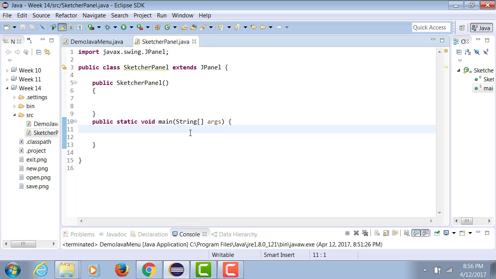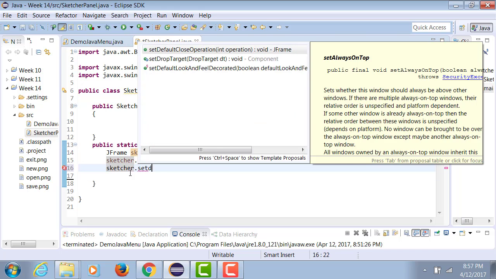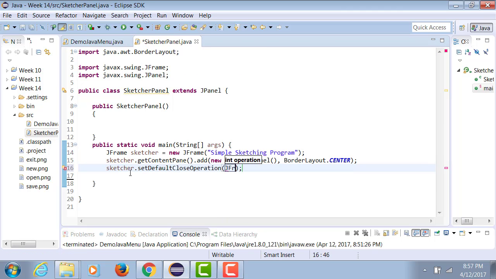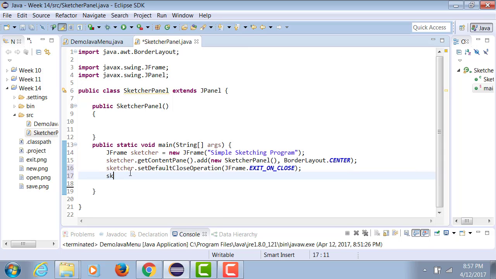In the main method, instead of creating a frame and then adding it to the panel in a separate class, we're going to do everything in the same place. And once we attach the panel to the frame, we are going to set the basic properties of the frame, like set default close operation, JFrame.EXIT_ON_CLOSE,